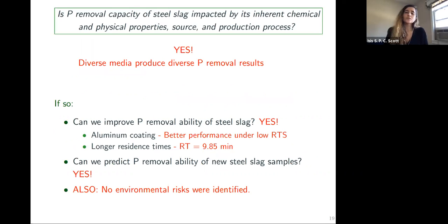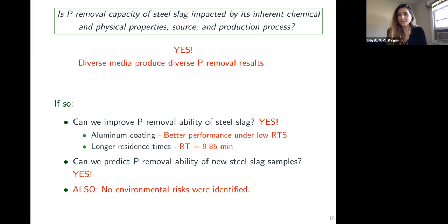Okay, so now I go back to that first slide in which I presented you the questions, and now I have some answers. The phosphorus removal capacity was impacted by steel slag inherent chemical and physical properties. And we could see that for the poorer slags, we were able to find 2 different techniques that could improve their phosphorus removal ability. Aluminum coated slags showed a better performance under low residence times. And also by allowing longer residence times for steel slags to operate, we were able to have a better phosphorus